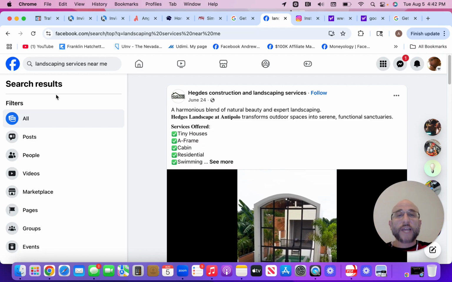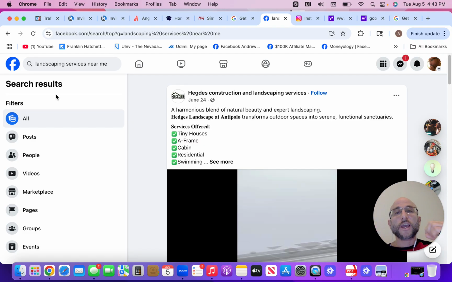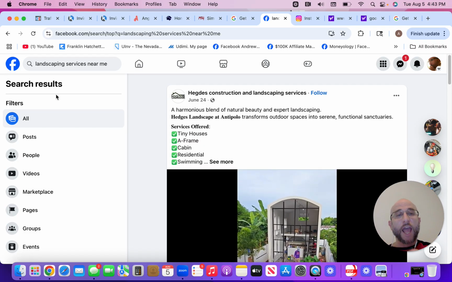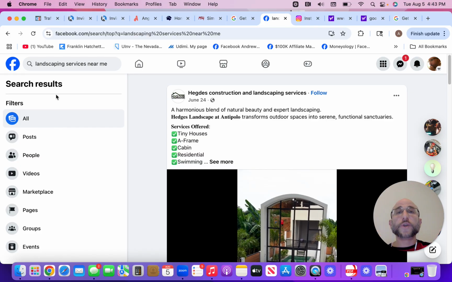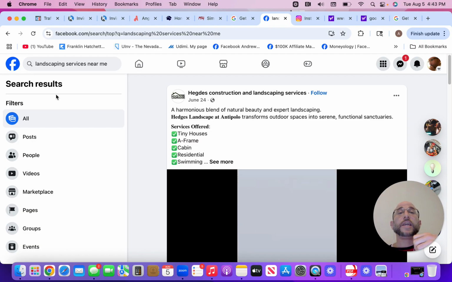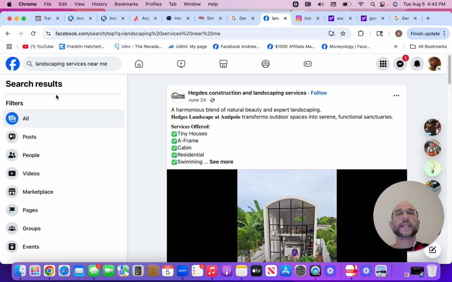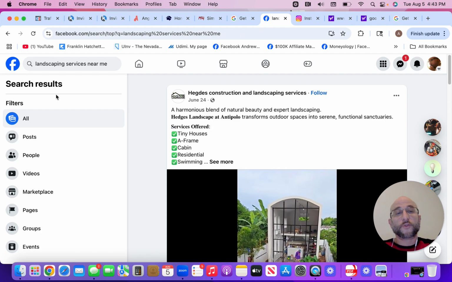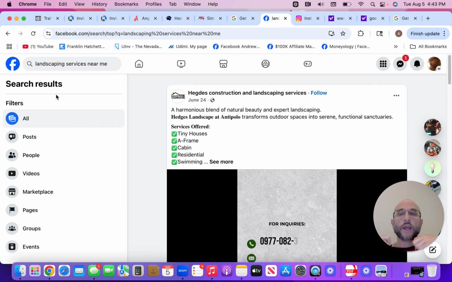And also, when you build out content of before and after of your work, which I will tell you on social media, definitely make sure you constantly keep posting, whether every other day or every single day, before and after of your work, and also of you just doing the work. You've got to constantly keep posting every day, or at least every other day, and keep engaging with the people within your local area. If you want to keep getting clients for your business, you have to keep putting work into your business.